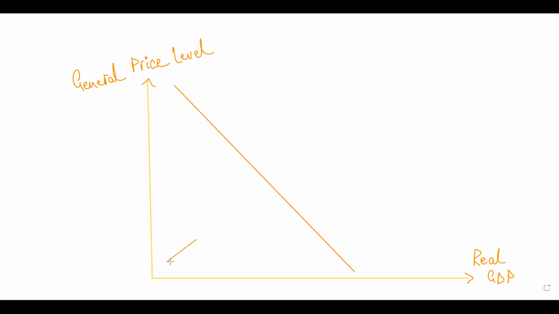Okay, now just a second, right? So the upward sloping curve is your aggregate supply, which is total production in the country, and aggregate demand is the total demand for all goods and services in the economy, right? So where aggregate demand and aggregate supply curves intersect, that is macroeconomic equilibrium. And what does this macroeconomic equilibrium show? It shows general price level, that is, what will be the prices of average goods and services in that country. So it shows you the general price level, the average price level in that country, and the real GDP, Y1, right?